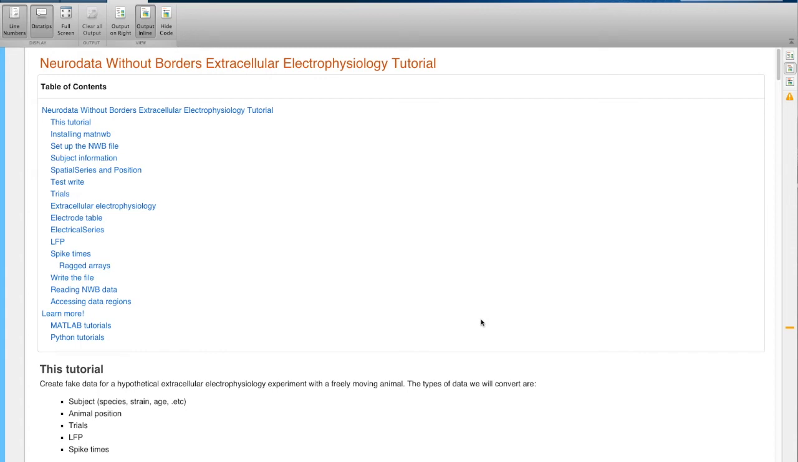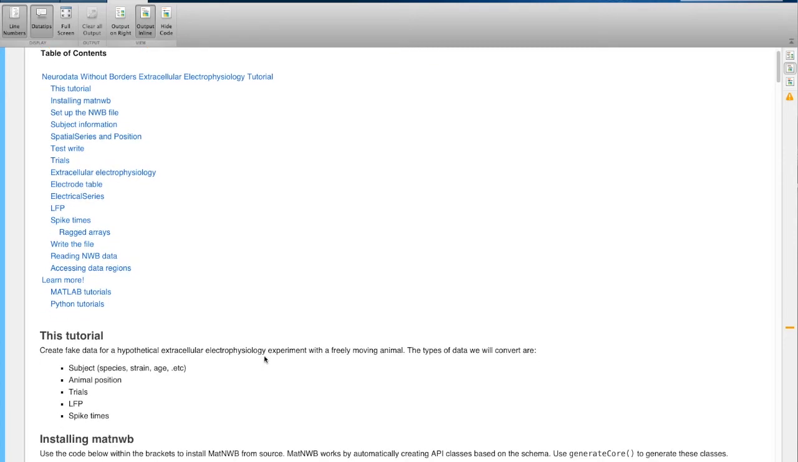Hi everyone, this is Ben Dichter, and I'll be walking you through the tutorial for creating extracellular electrophysiology data using MATNWB. For this tutorial, we're going to be walking you through a fake hypothetical extracellular electrophysiology experiment on a